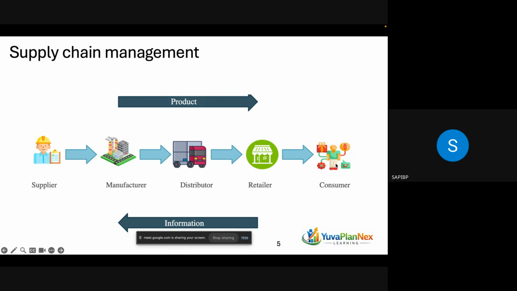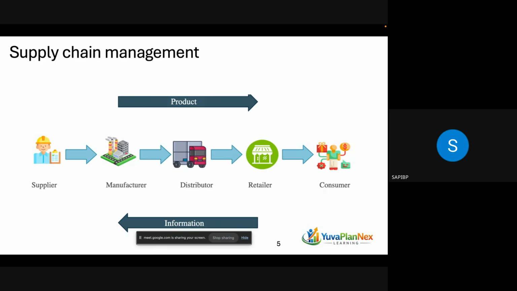So it started from the customer, retailer, distribution center, and the manufacturing unit, that is a plant, and moved to the supplier. So this information is nothing but your requirement. Now again, the supplier will supply the raw materials to the manufacturing unit, and the manufacturing unit produces it and supplies it to the DC or distributor, and the DC will give it to the retailer, and the retailer will give it to the customer, right?